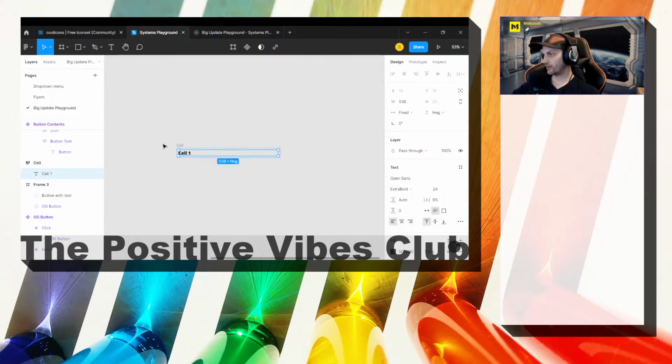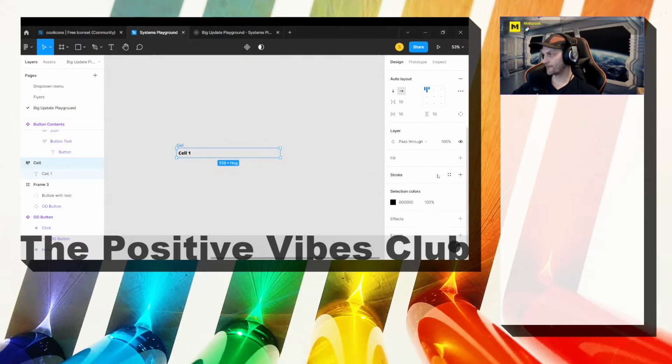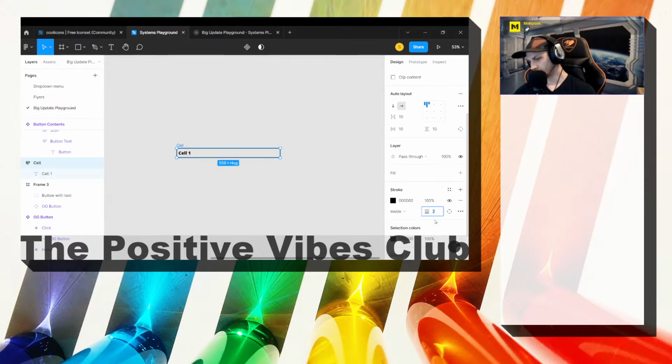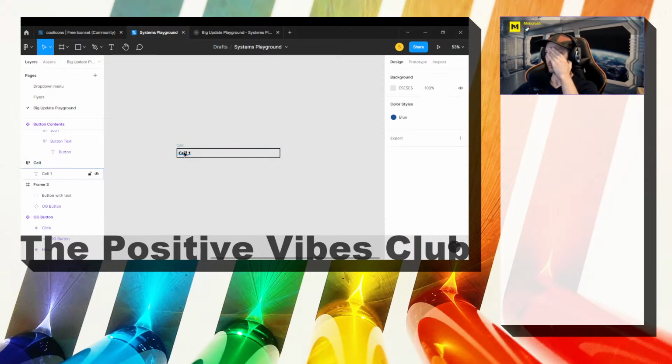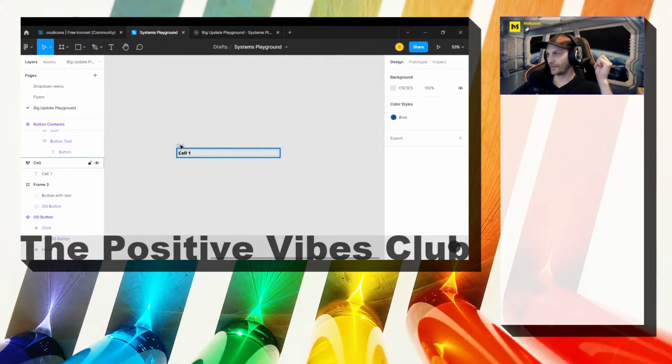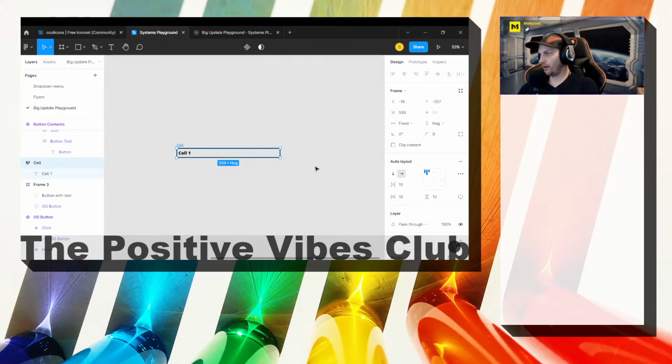We'll make that right aligned or left aligned. And then I want cell to have a stroke of, yeah, sure. Let's make it more visible than that. Let's make it 2. Make it 3. Fuck it. Make it 3. So then if we have auto layout on and that's set up correctly,